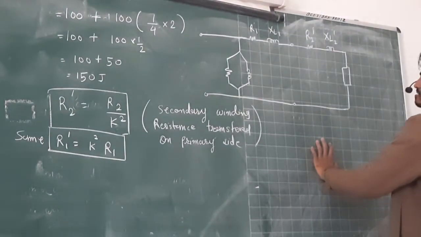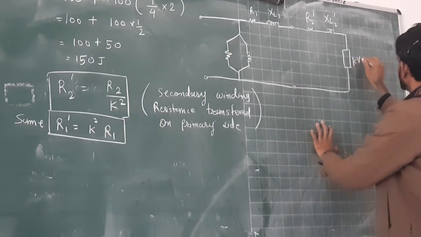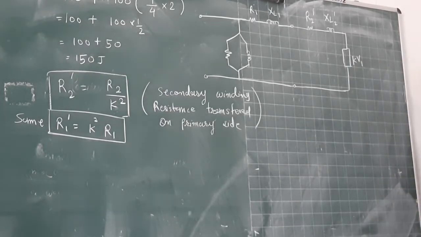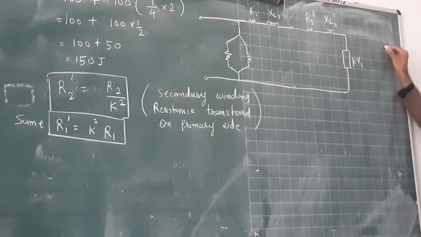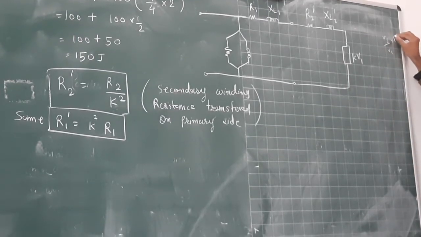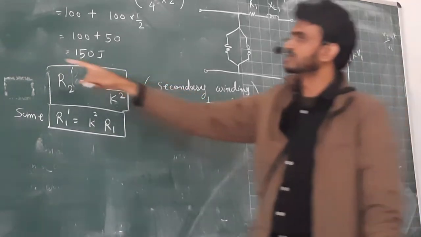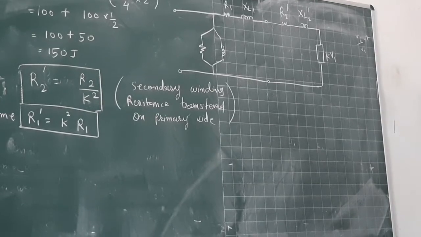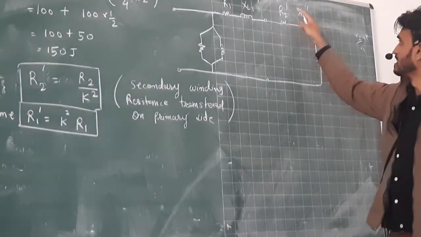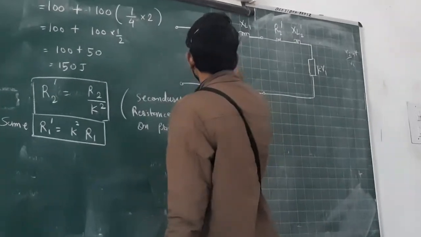And that will be K times V1. Okay, because V2 by V1 is equal to K, so V2 is equal to K times V1. So this voltage V2 I can represent as K times V1, because we take all the things on the primary side. So I want to give the number 1 everywhere, and dash is represented, it comes from the secondary side, and this is the same R0, XL0.